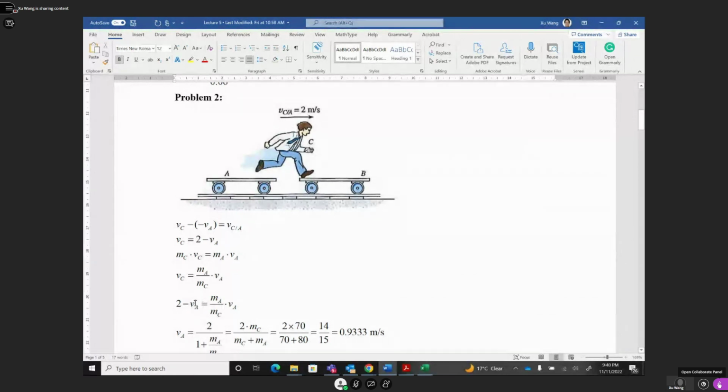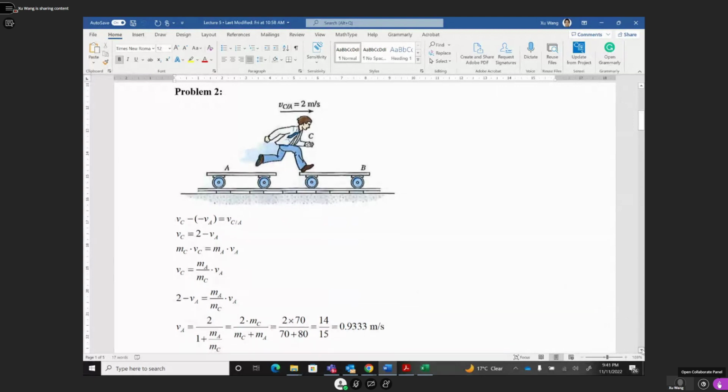Then you can move the V_A to this side and take V_A out as a common factor. Then you get V_A as 1 plus M_A over M_C in brackets,